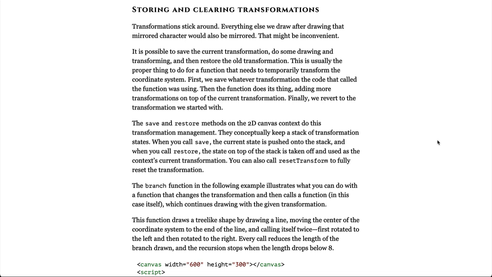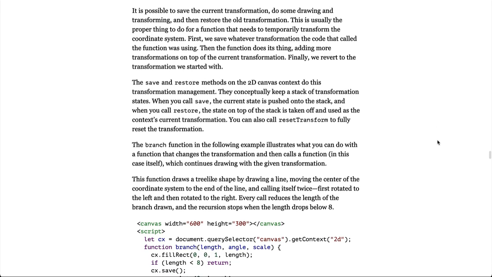Storing and clearing transformations. Transformations stick around. Everything else we draw after drawing that mirrored character will also be mirrored. That might be inconvenient. It is possible to save the current transformation, do some drawing and transforming, and then restore the old transformation. This is usually the proper thing to do for a function that needs to temporarily transform